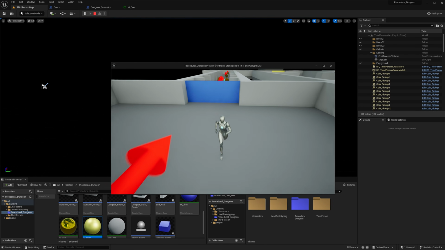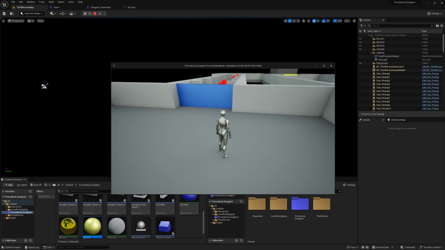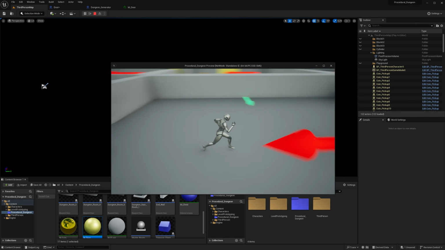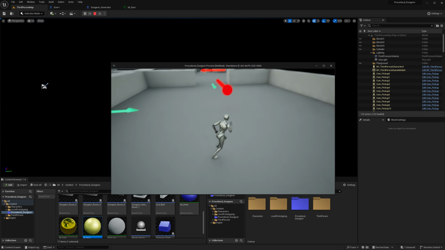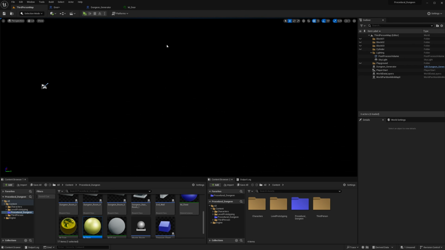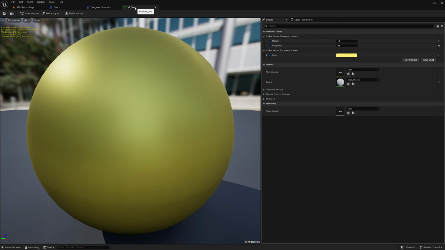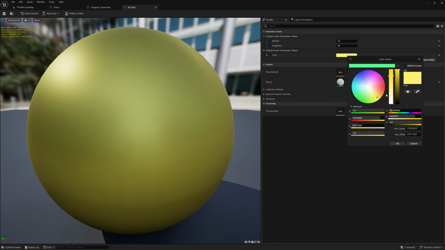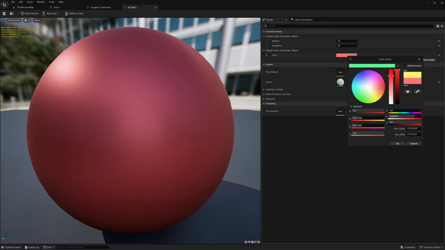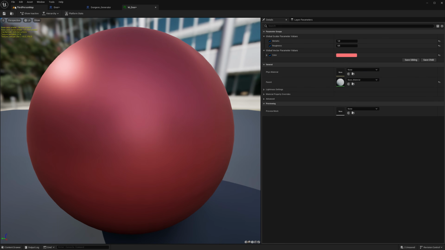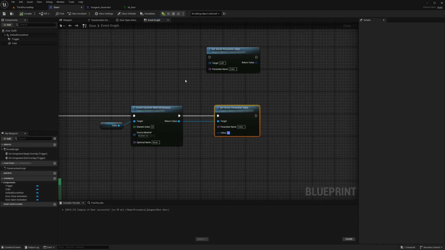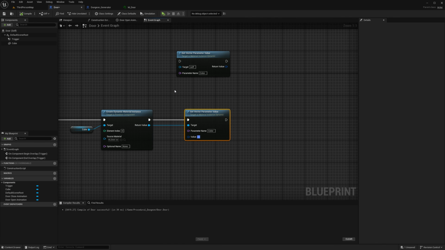Yes, it's blue. So now the door is unlocked. That's great, guys. Awesome. So far so good. That means, of course, we need to make this red before it makes any sense. So red when it's locked, blue when it's unlocked. So that is enough for you to change the color on your doors.